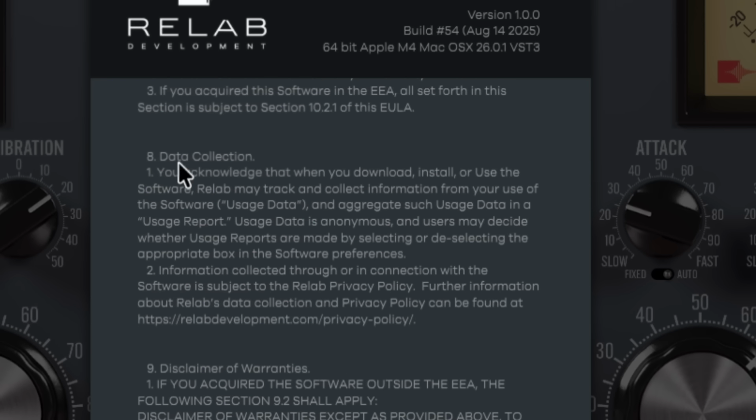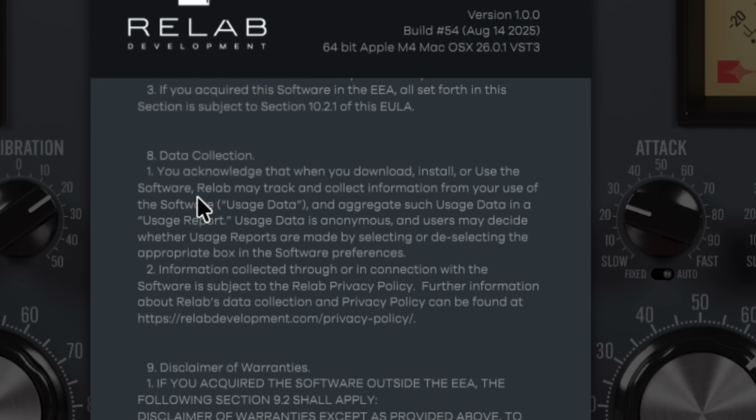Okay, so it's got a section on data collection in this end user license agreement, but this is not the end user license agreement you get when you run the installer. So when you install this, you don't know that it's collecting data. You weren't informed that it's collecting data until after you start using it, and then you can go into the about page, and then you can click on this, and then you can scroll all the way down to